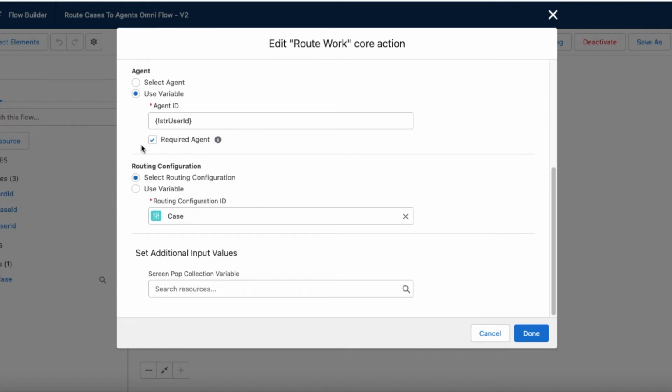If you select it, even if the agent is offline, it will wait for the agent to come online in Omni-Channel to receive the work. So for example, if I assign 10 cases to agent A, if the agent A is offline, Omni will wait for that agent to come online. Once the agent is online, then it will assign all those 10 cases to